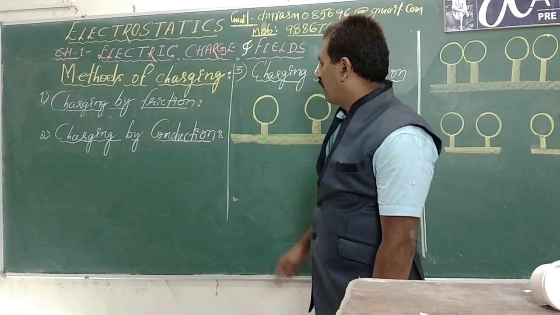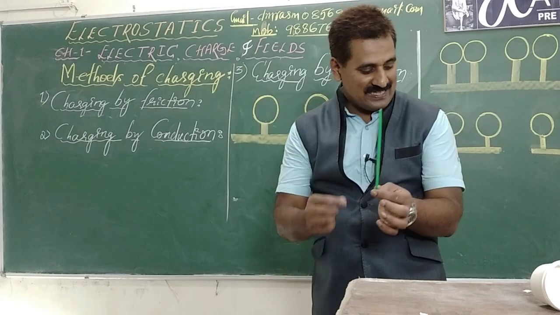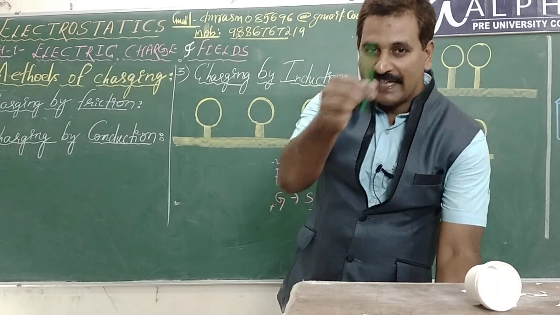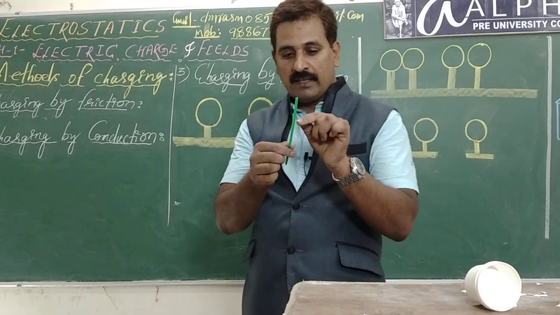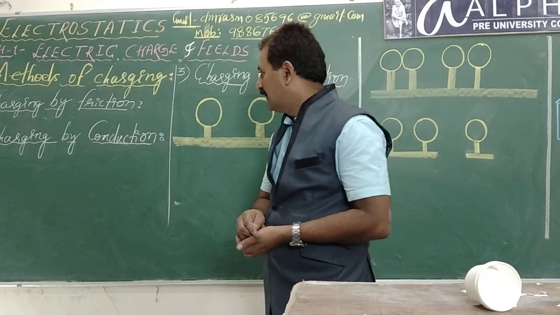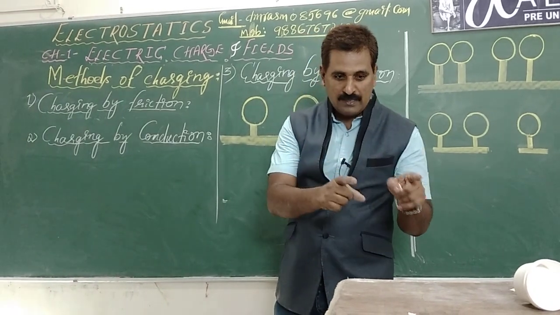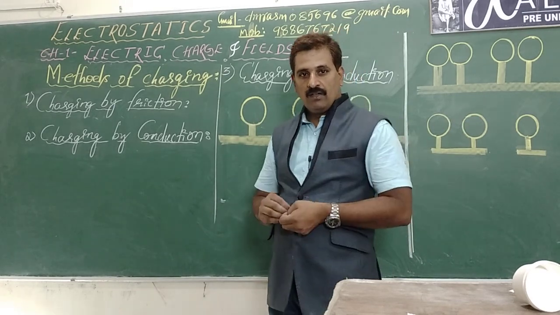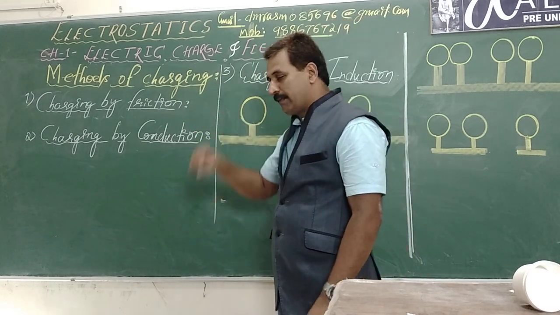What do you mean by charging by friction? That's what we learned. When you rub an object like a plastic straw with cloth, the straw gets negative charge, meaning the cloth loses electrons and the straw gains electrons. Just by rubbing two objects, we can produce charge in both the objects, but there is the law of conservation of charge, there is additivity of charge and also quantization. All the three properties are followed here. Totally, you can charge a body just by rubbing, that is called charging by friction.